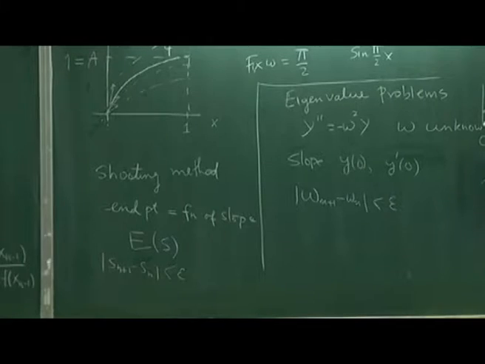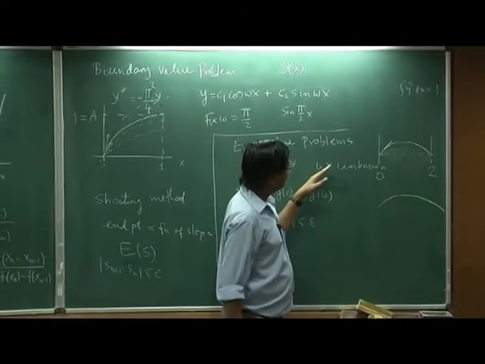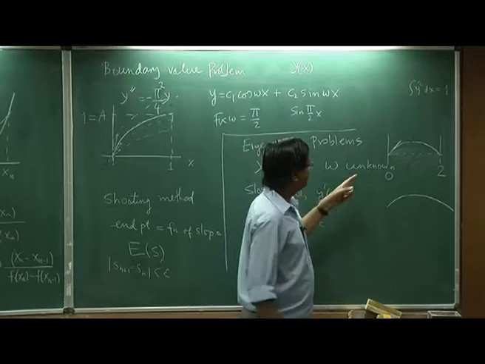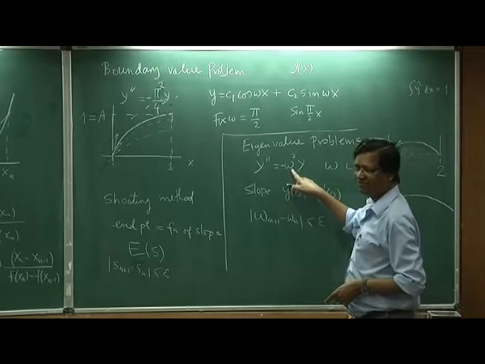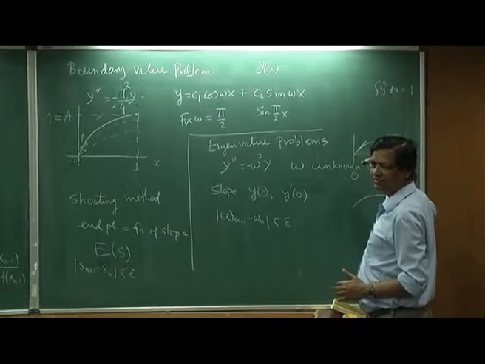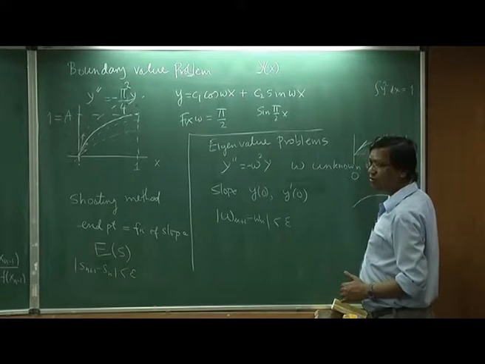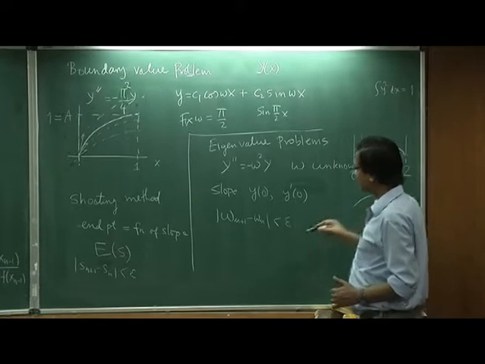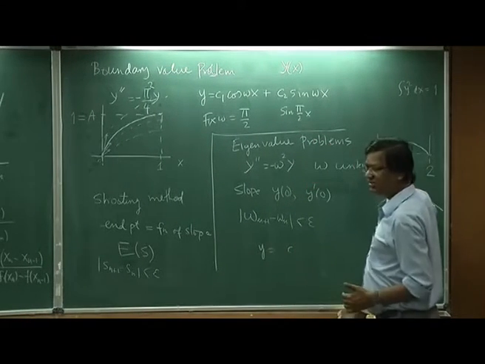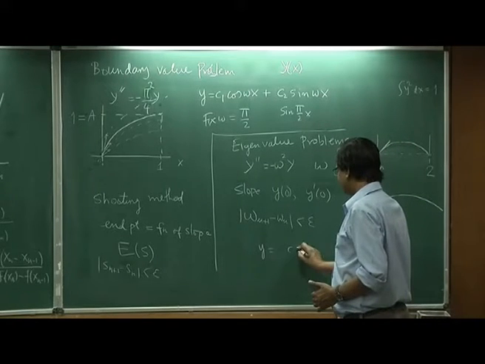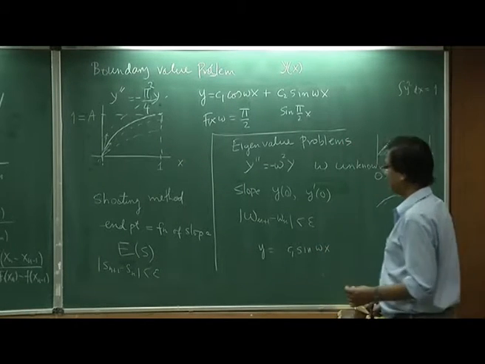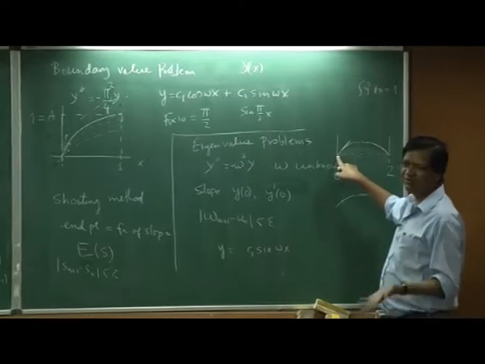By the way, this is for a given omega. If I want to look for the ground state I have to make a guess for this particular problem. So let's look at this solution. My target is that I want to solve for all possible y's. It allows many omegas, right, I just derive those functions. So y is equal to, assuming it to be 0 at x equal to 0, C1 sin omega x. The other term is 0 because at x equal to 0 my function is 0.